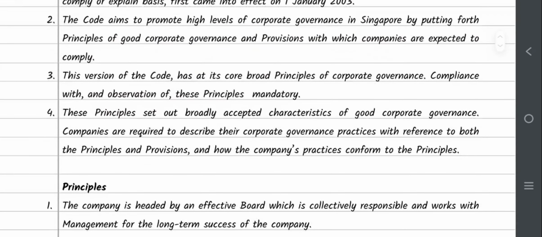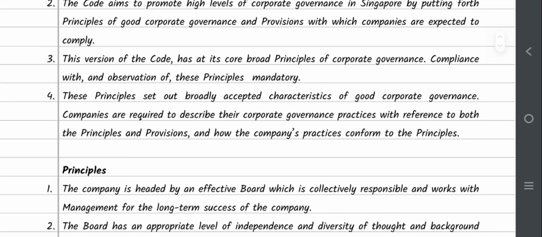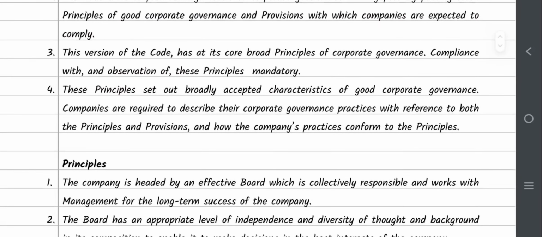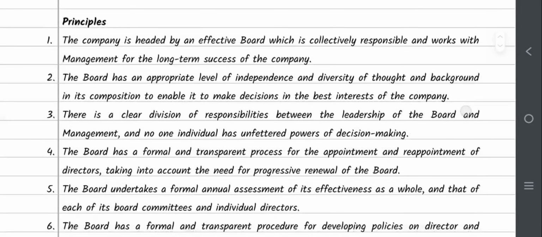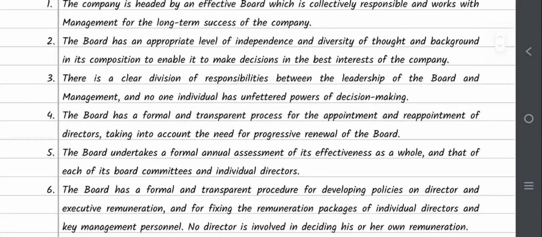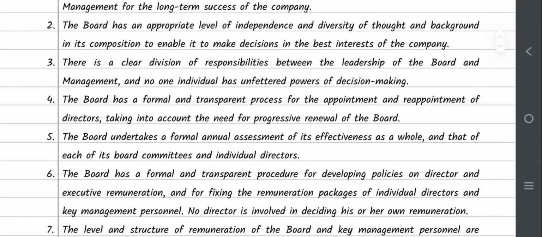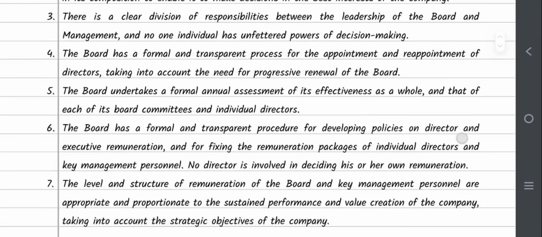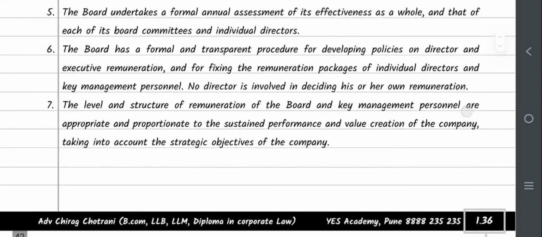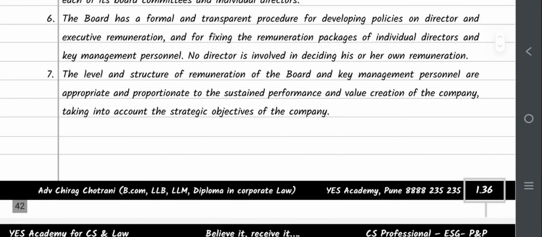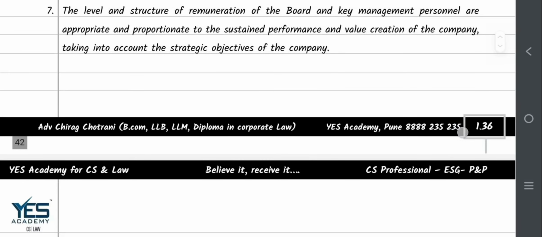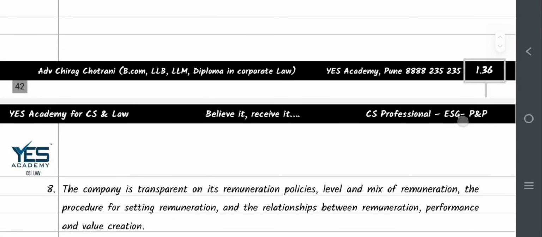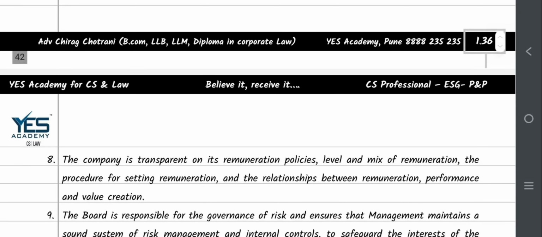like composition and role of the board of directors, how much should be the composition and what is the role of each of the directors, the institution of IDs, board committees like audit committee, NRC, RMC, enhanced monitoring of group companies, promoters or controlling shareholders, and RPT, disclosures and transparency, accounting and audit related issues. So that was the objective of the meeting, and according to that they gave the recommendations,